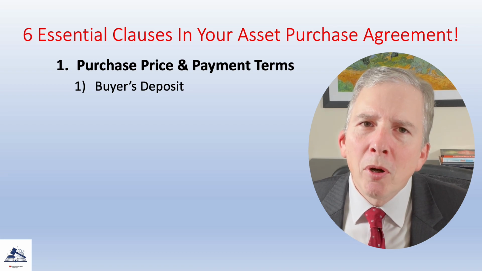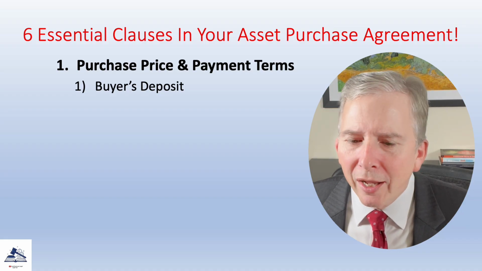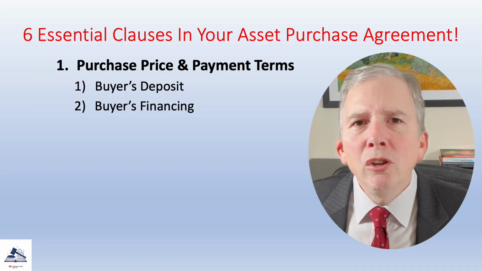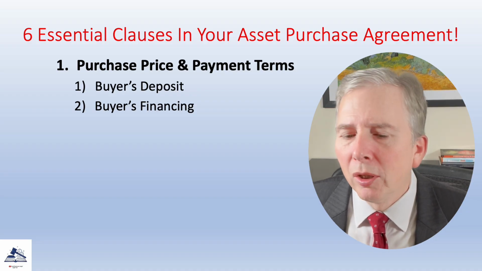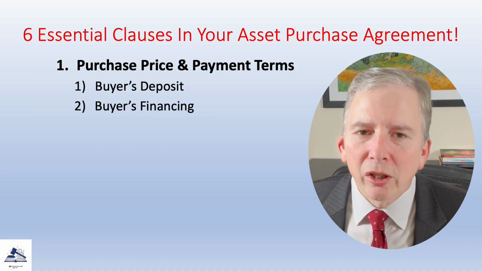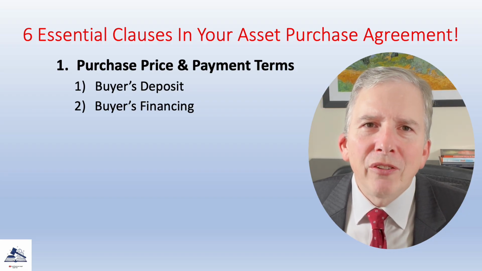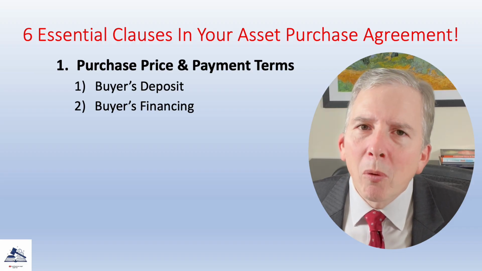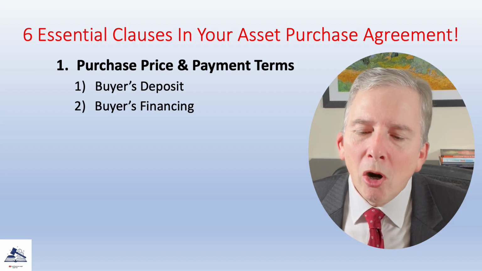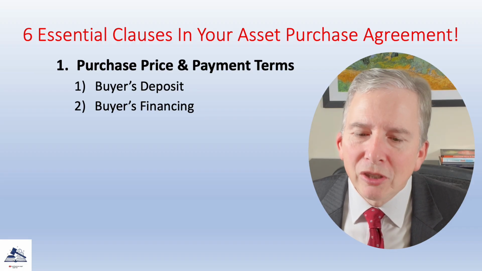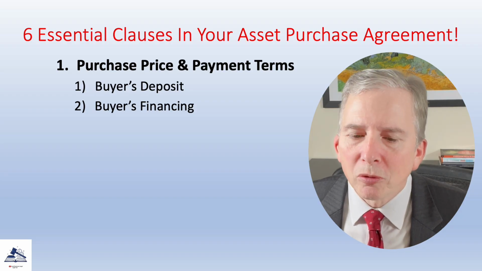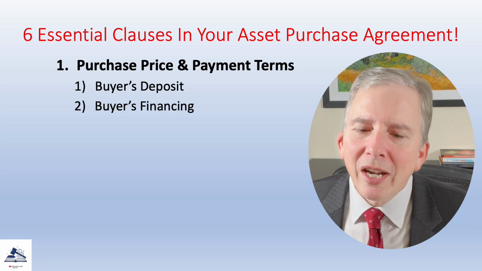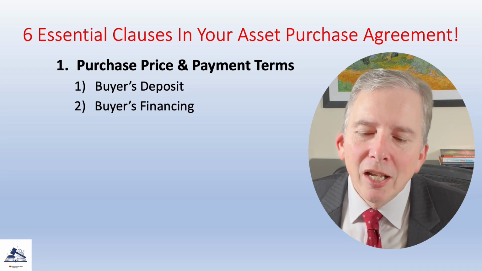The second possible component of the purchase price that needs to be identified is the amount of the purchase price that's being financed by the buyer. And there are really 2 possible sources of financing for a buyer: third-party financing or seller financing. By third-party financing, I'm talking about something like a bank. And by seller financing, I'm talking about where the seller has agreed to finance part of the purchase price by accepting a promissory note from the buyer for part of the purchase price. In either situation, the amount being financed and the source of financing should be specifically identified in the purchase price